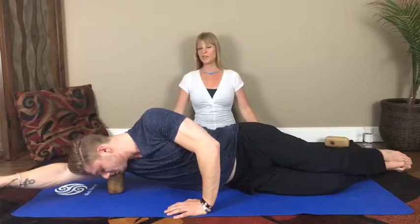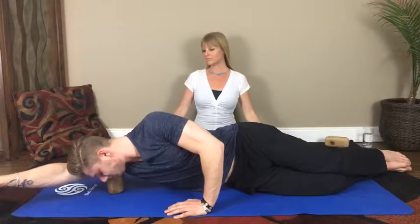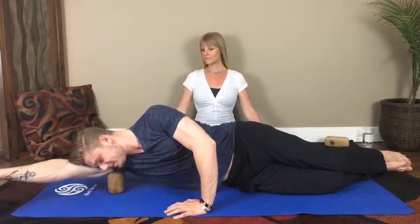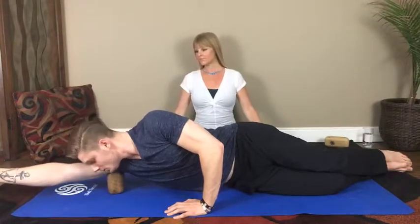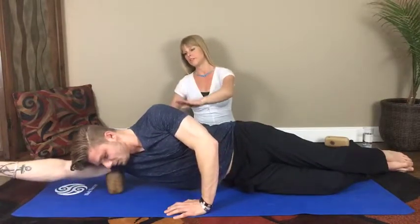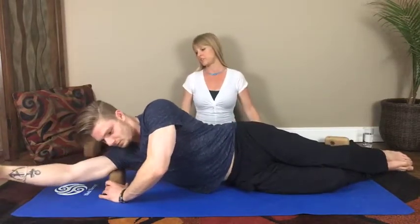Take another 3 more full exhalations here. And now, when you're ready, all we're going to do is we're just going to lift up slightly and place the block to the right side of the neck. So you don't have to come all the way out of position. You can just